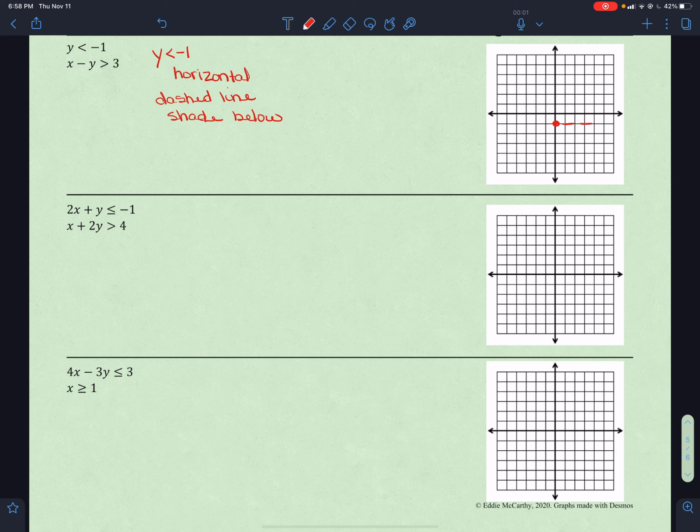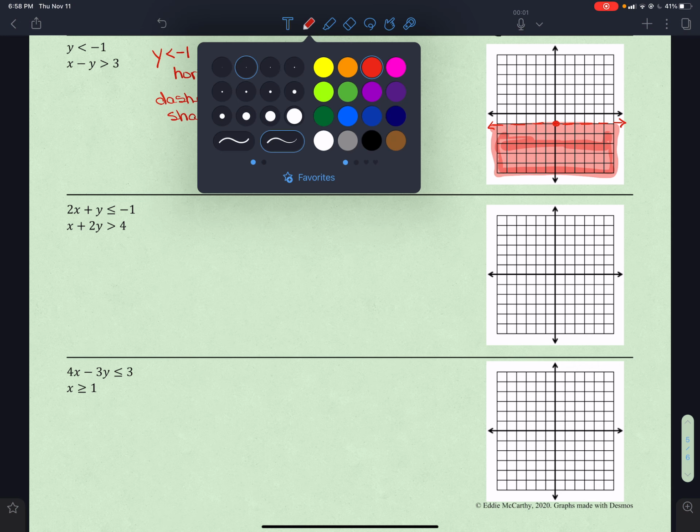So I'm going to draw a dashed line. And on this one, I'm going to shade everything below because I need y values that are smaller than -1. And -3 is smaller than -1. 0, however, is not smaller than -1, so I do not want to shade where y equals 0. Okay. All right, our second equation